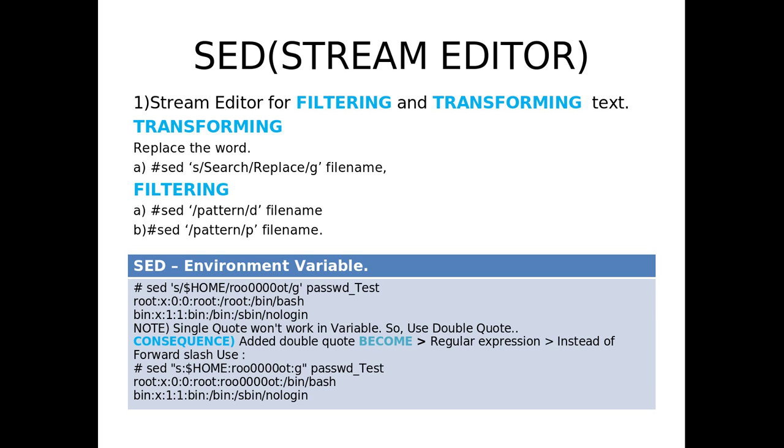Filtering means I want to filter a particular pattern, a particular keyword, for the words a line is having. In that case, using this pattern we can delete and also print it. P for print, D for delete. And in the transformation, if you want to use an environment variable, we can't use single quotes, because in single quotes the environment variable